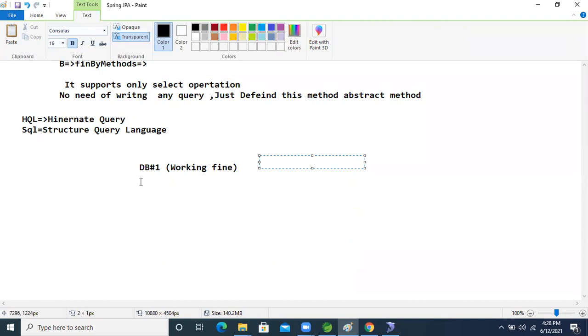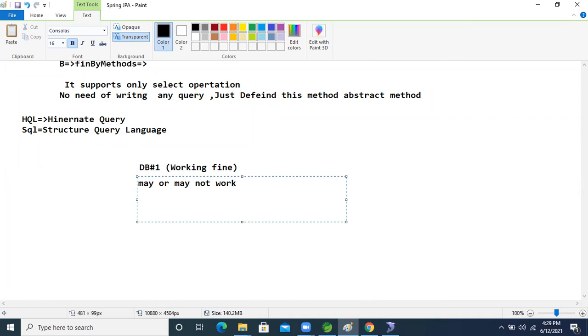So what will happen if in the future we change the database? The DB1 query may or may not work for DB2.